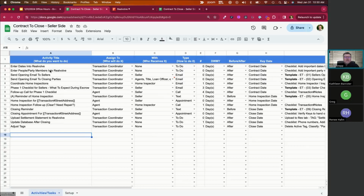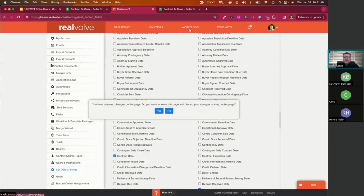Now, some additional notes on what I wanted to tell you. Any of these fields are free form entry, so you can type in whatever you want, multiple lines of information or whatever. Typically, what you're going to do is take that sticky note that we talked about that has information about a particular task that you do within your process, and you give that a name of some sort. What is it that I'm doing? And if I saw it on a calendar, would it make sense? So this is the activity title. Type in whatever you want. There are certain merge fields, and if you go into Realvolve and you go into a workflow,